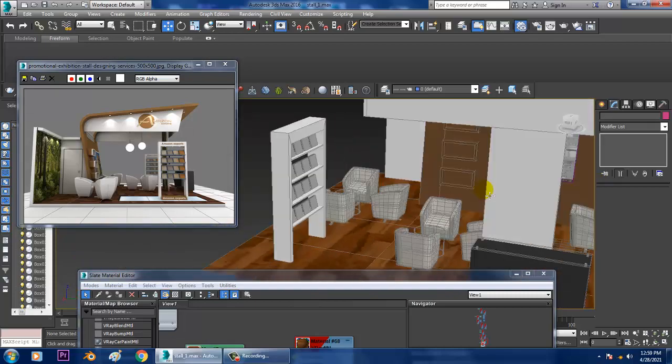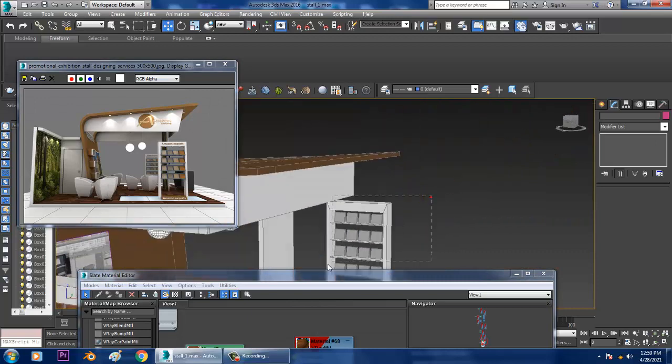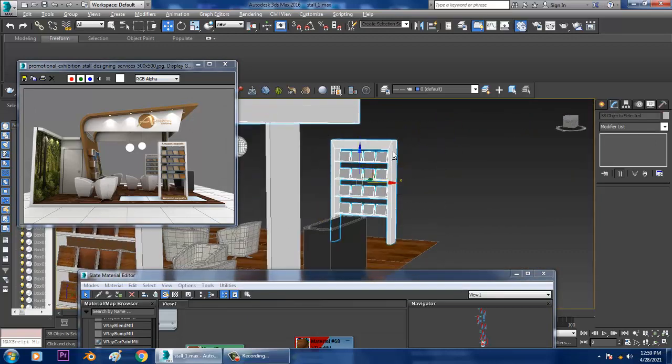The right manner. So select this part, exclude this.